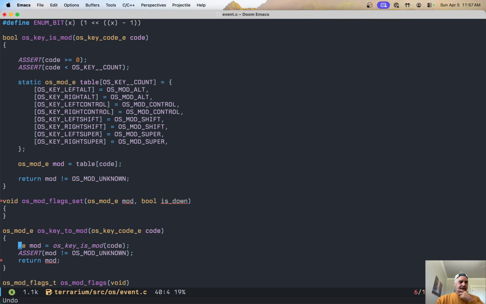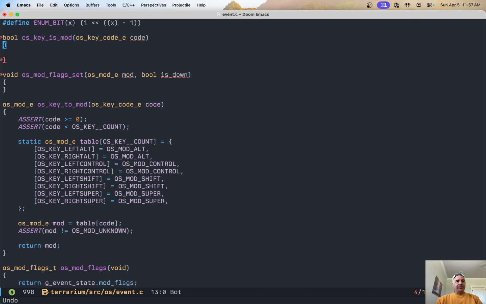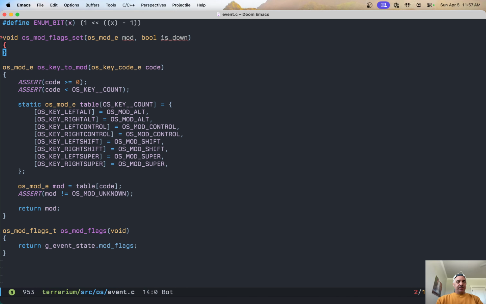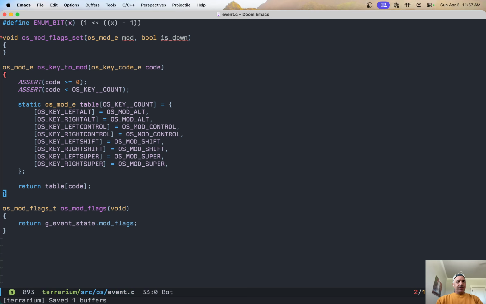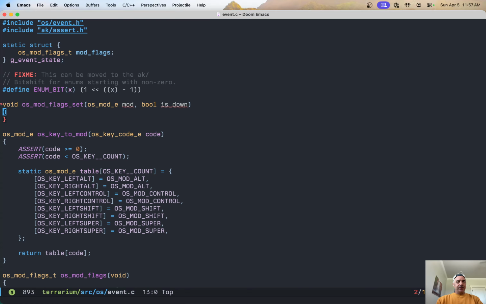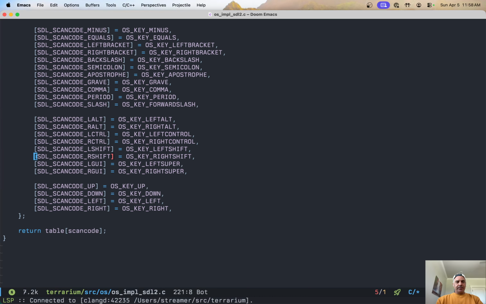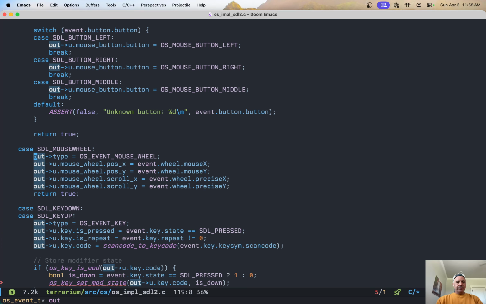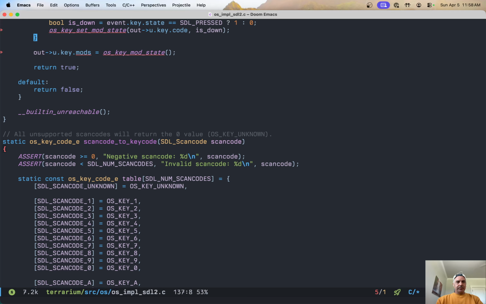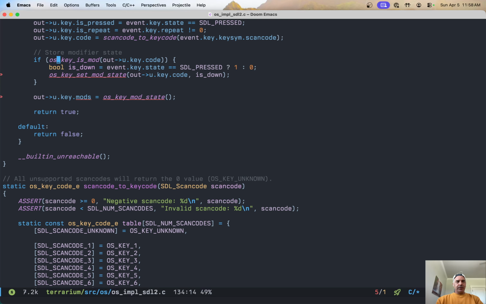All right, I got a better idea. Just back out. We're going to get rid of this. We're going to get rid of this assert. We're going to just return table code. And we can just check it outside. That's a minor check. That way we get fewer functions. Not a big deal. Let's go see our implementation. And we'll just go key to mod